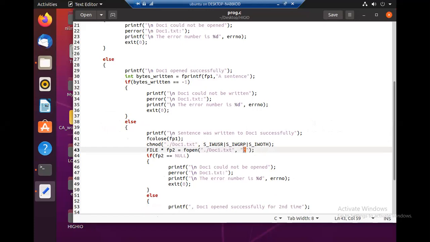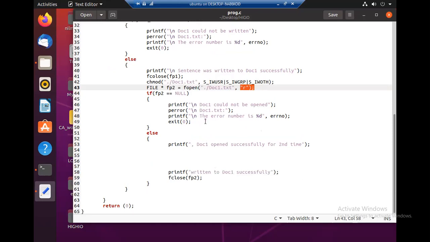So we have already written it, file pointer f open this one, because we want to read only. But according to this one, we have changed the privilege to write only. So this should give us an error.